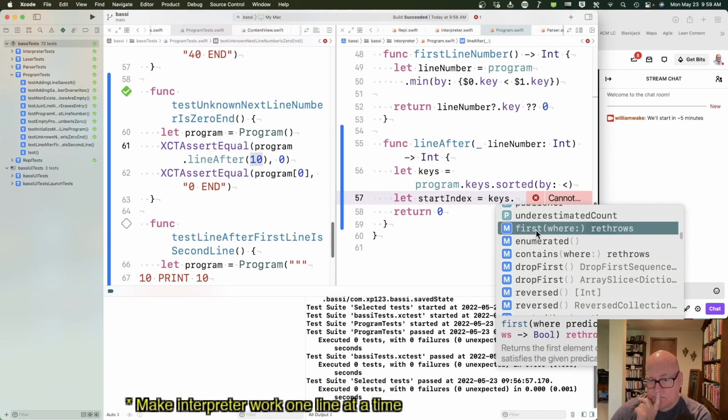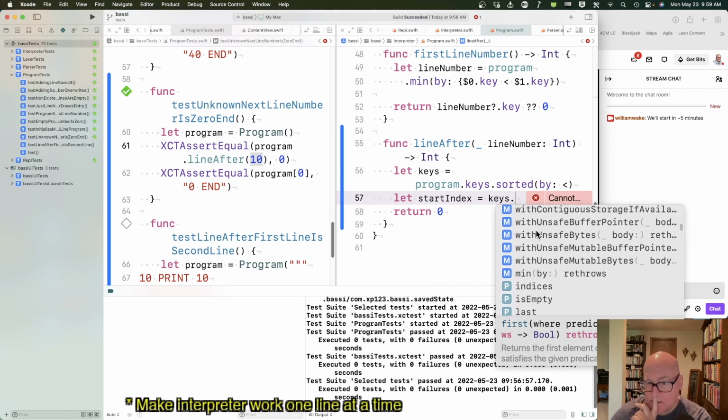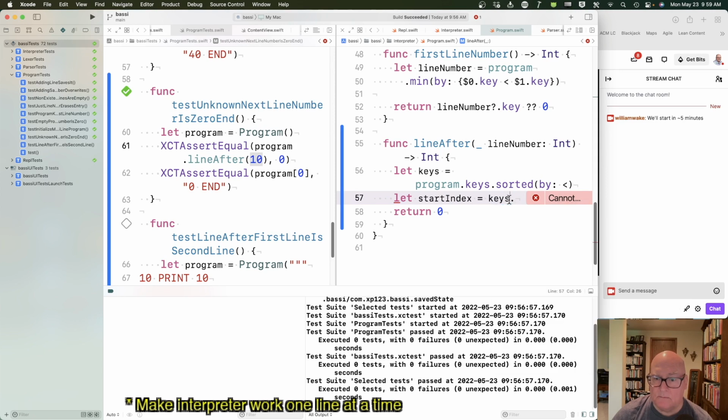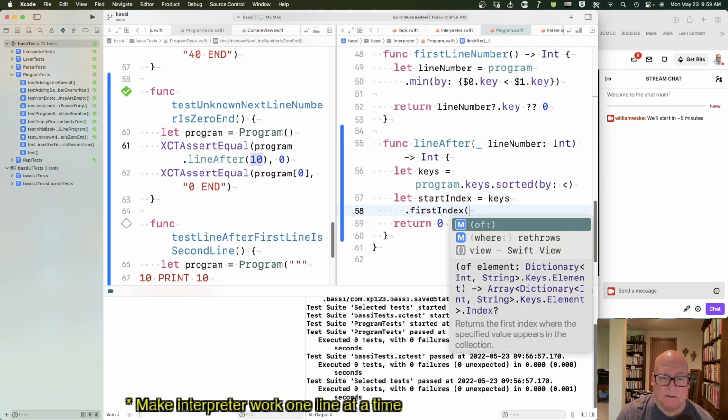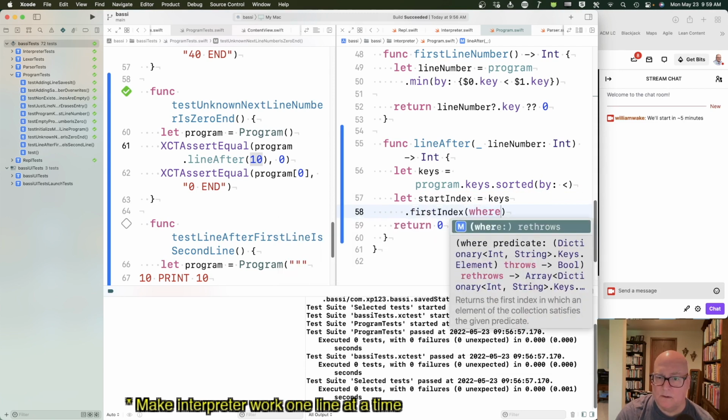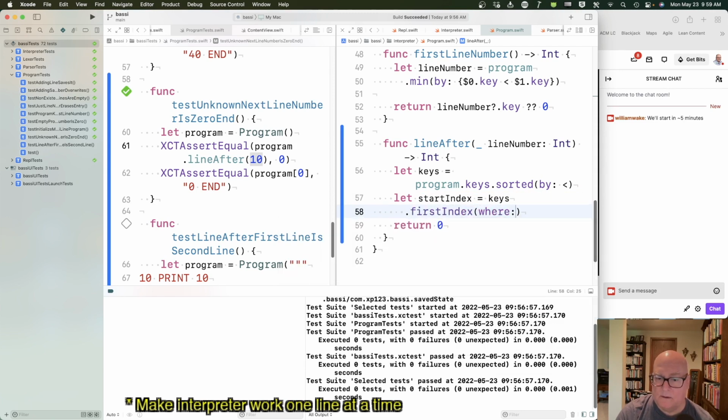No, I want the index. Yeah. keys dot first index where. Well, I guess I can, where